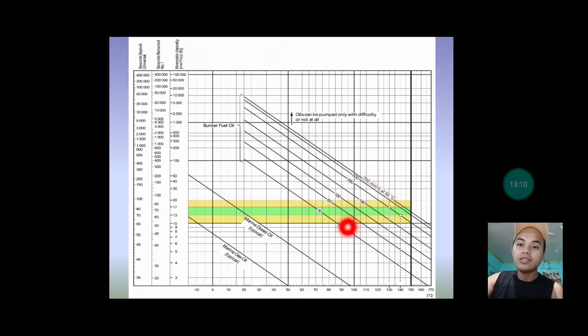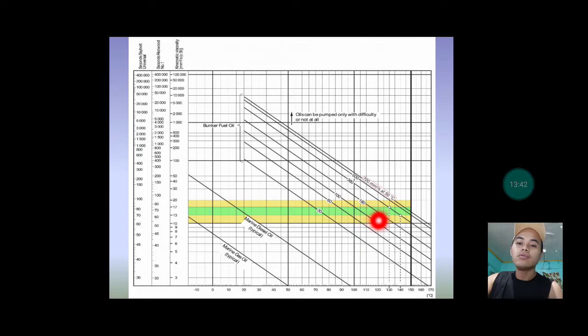It's around 125 degrees Celsius, so let's say it's 128. At 128, you should maintain the fuel temperature of your IFO 180 at 128 degrees Celsius to maintain 13 centistoke of viscosity. So using this table, we can know